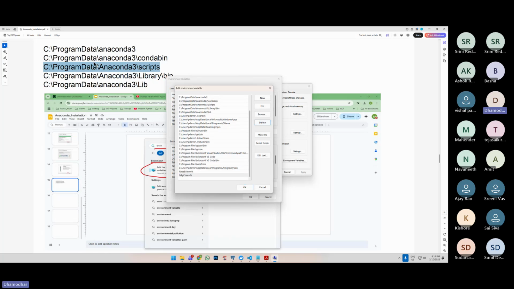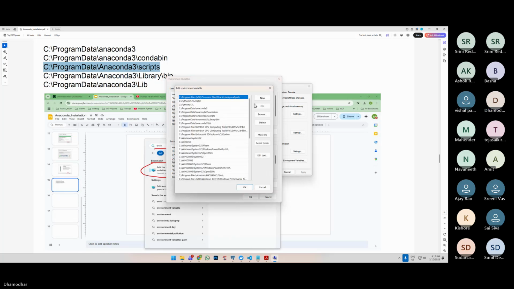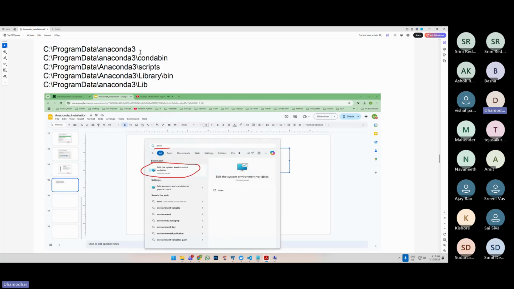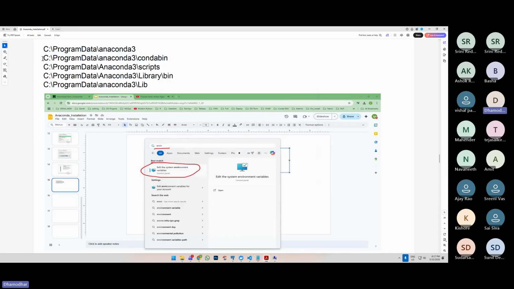Once you added all the 5 paths by clicking new, click OK, and then come to this path. The path will not appear automatically, so you need to scroll down a bit so that you can see this path. Double click again, and then do the same thing. New, and then keep adding these paths one by one. So first one, this one. New path. And then new,